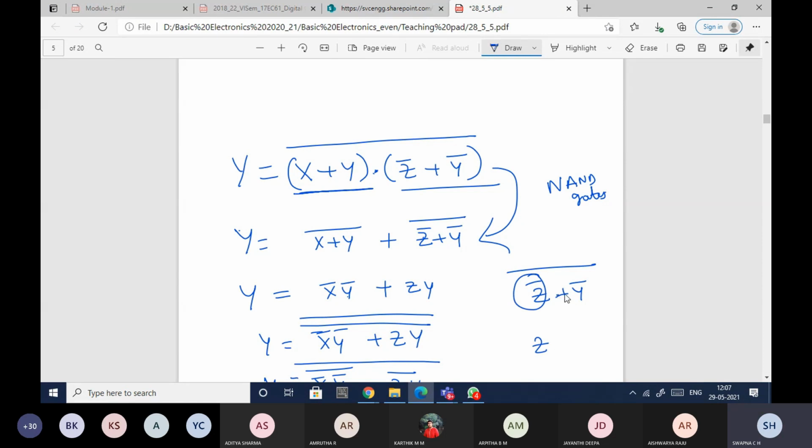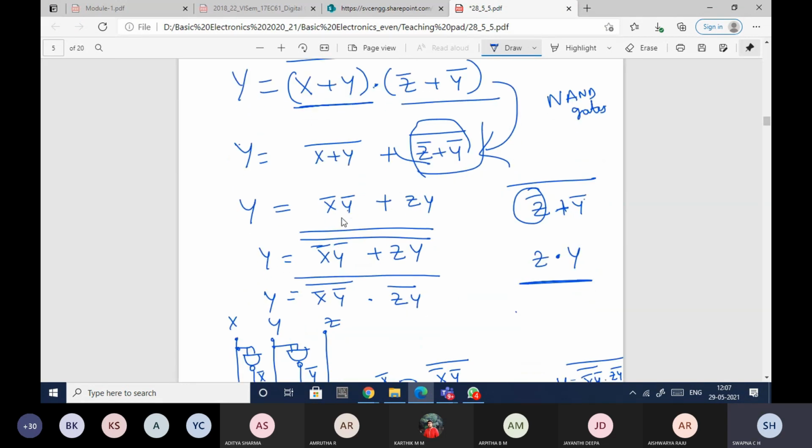I have plus in between, so I'll take dot. I have y bar, so I'll take as y. Okay, so this is the expansion of this entire thing. Okay, so x z y. Now if you observe, I've got y bar, x bar, y bar plus z y, but here I have plus. In the expression, you should not have any plus. You should only have dot. That is what the logic with NAND gates.